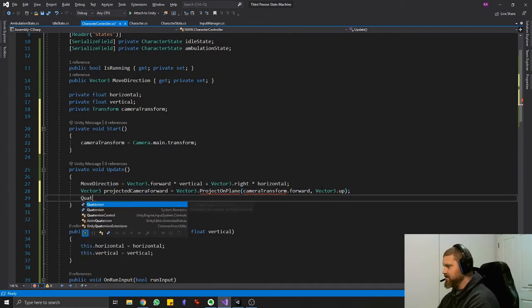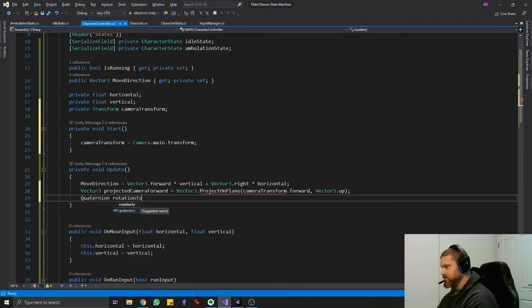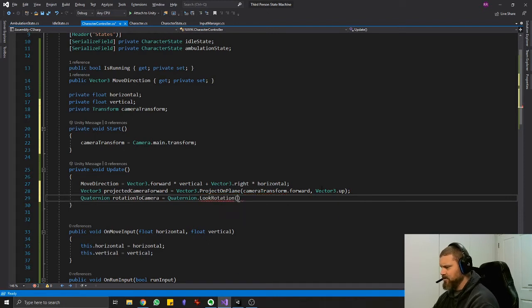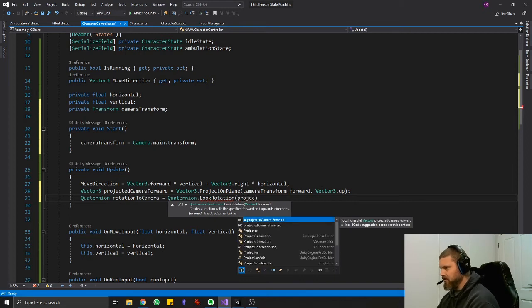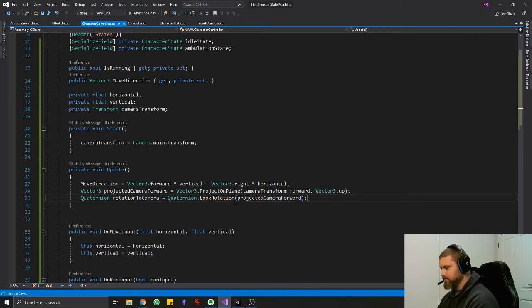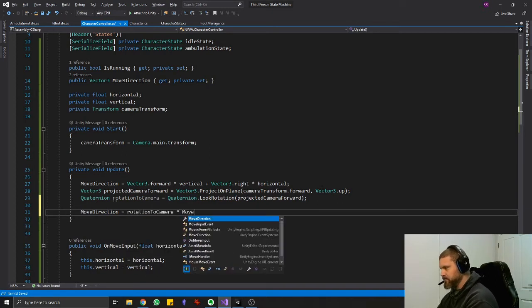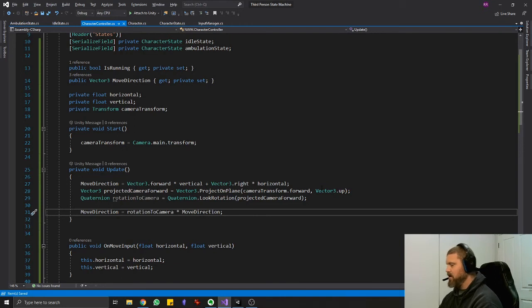The quaternion that matches my rotation is Quaternion dot look rotation to projected camera forward. And now I finally take my move direction and I pre-multiply it with the rotation. Now you've seen all of this before, this is all great, but let's now start using our states a little